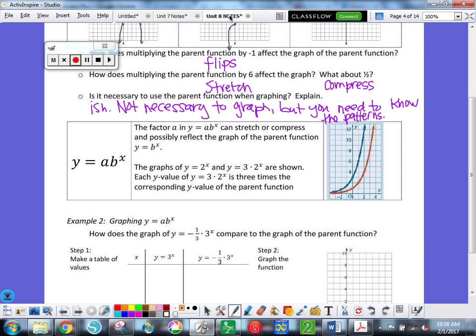Okay. So just like before, a can stretch it, a can compress it. I can't write in white, and my background is white. Start again. And it is possible that a will reflect it as well. The graphs of y equals 2 to the x and y equals 3 times 2 to the x are shown. So the red graph